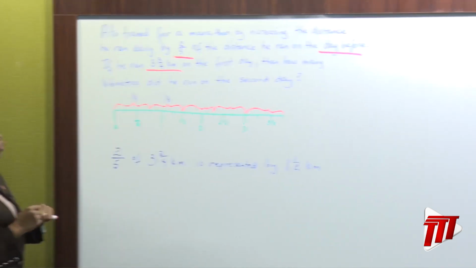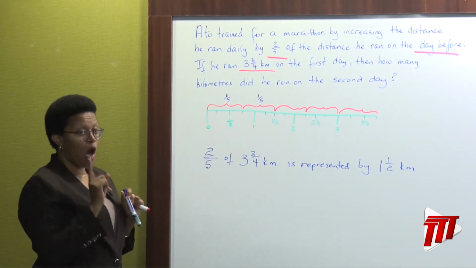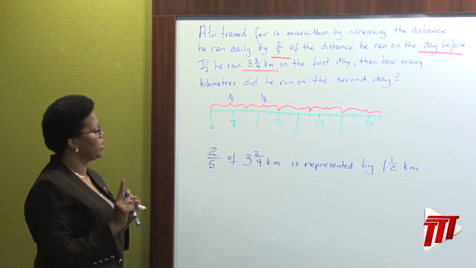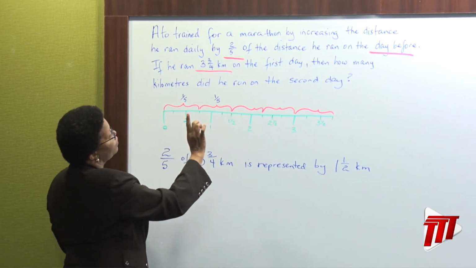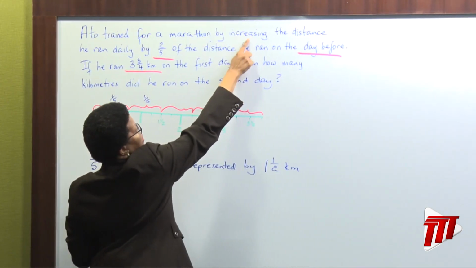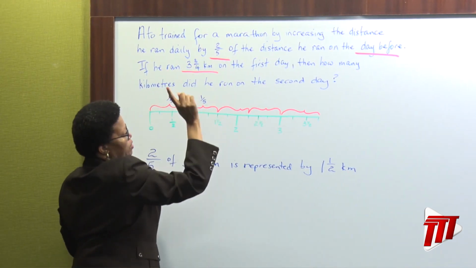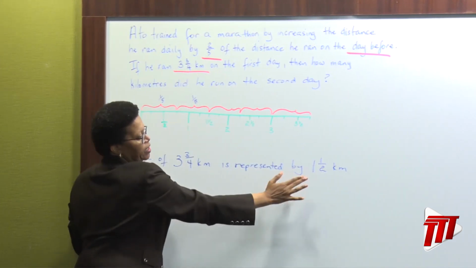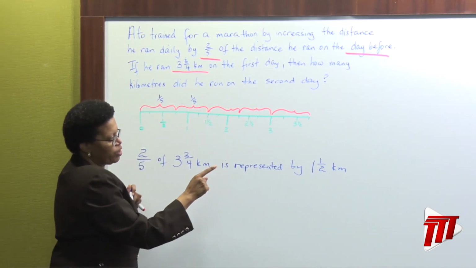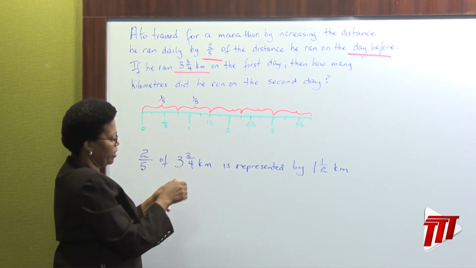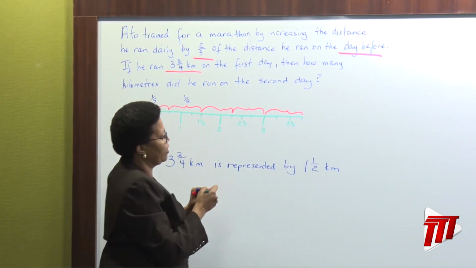So, to find out how many kilometers he ran on the second day, we know we are increasing the distance by 2/5. We know that 2/5 is 1.5. Let's increase this distance by 1.5. So we need to add on